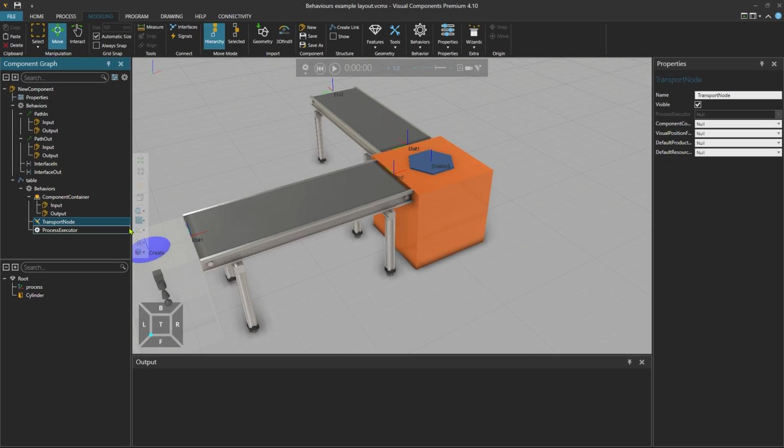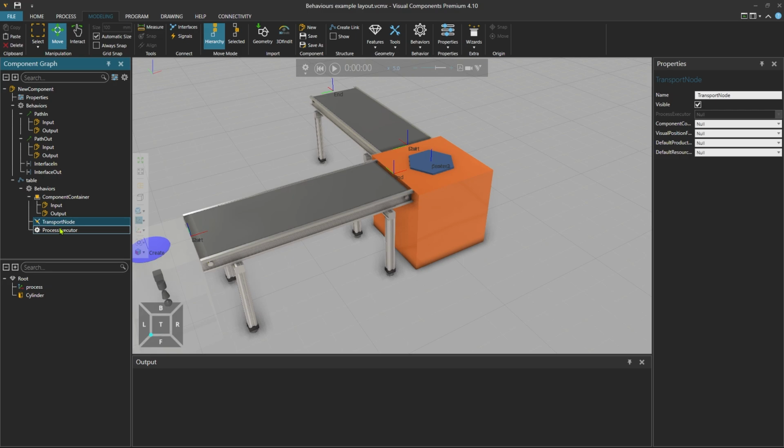In this location, the Process Executor can be used to define in more detail what should happen when the product enters the component container that is linked to this transport node. The Process Executor is the brains of this component, like a PLC or some other logic in a real-life machine.